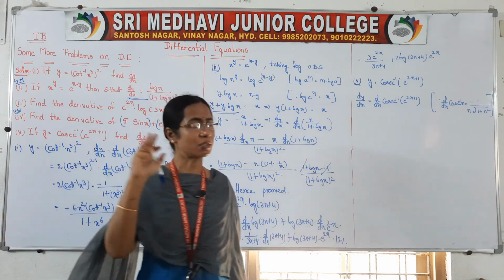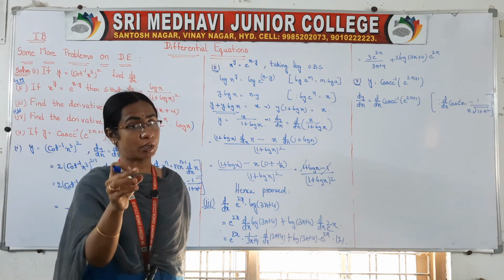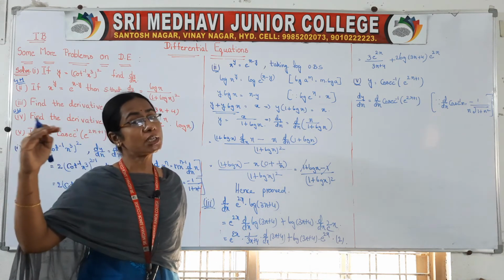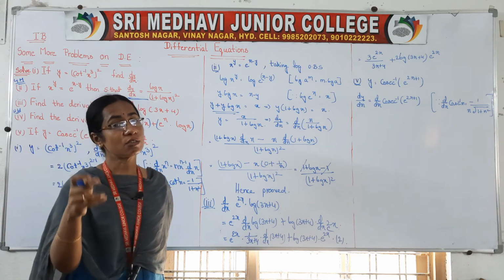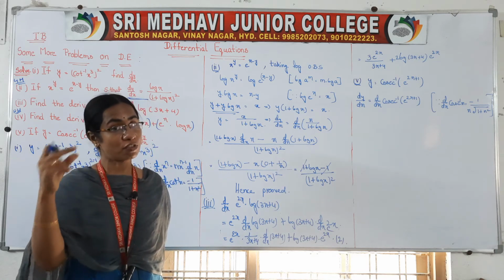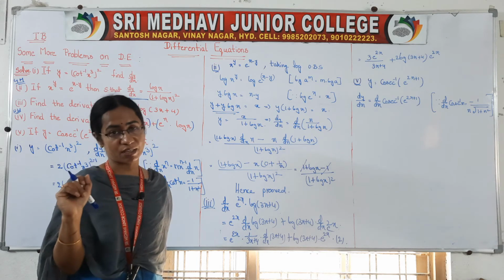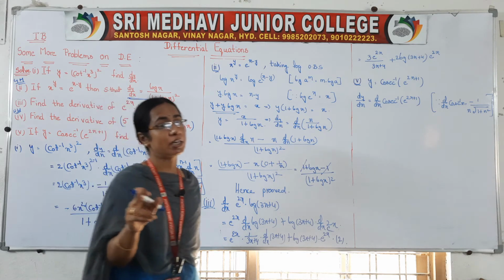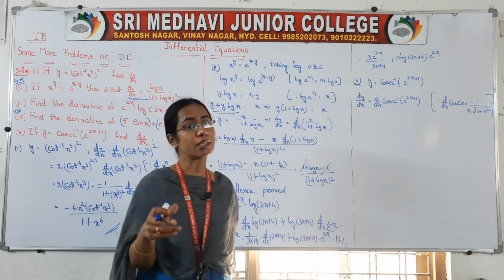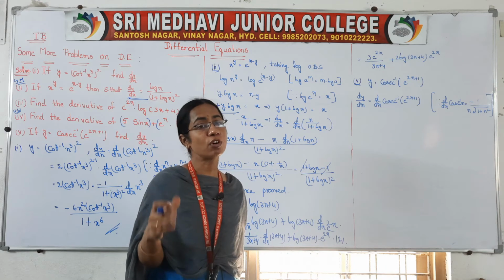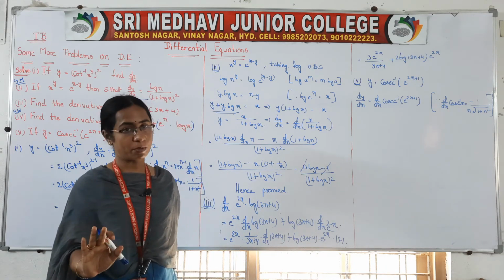In all these derivative formulas with respect to x, you understand that we multiply by d by dx of that variable. Here we have taken that variable as x. D by dx of x is 1, that's why I am not taking it, but if any other variable is there, definitely we have to take d by dx of that variable. Remember this point. Not only in intermediate, anywhere in any class, while doing differentiation, in all the formulas d by dx of that particular variable will be there.